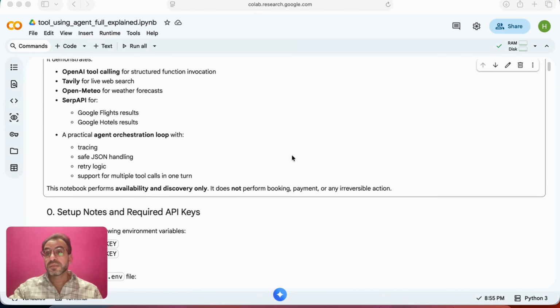We are implementing this agent or orchestration loop using tracing, safe JSON handling, retry logic, and to support multiple tool calls in one turn. This will allow us to demonstrate all the concepts that we have seen in the slides in the first part